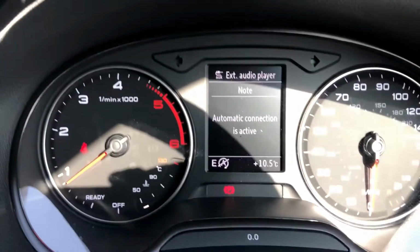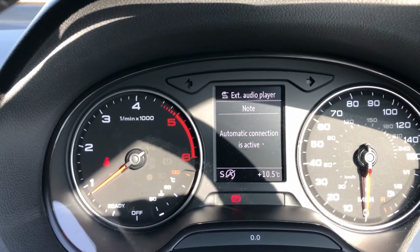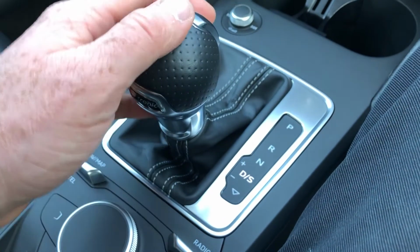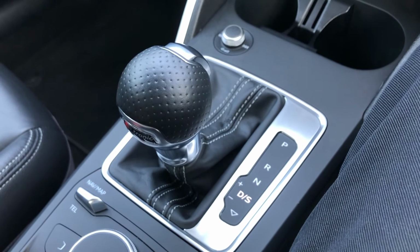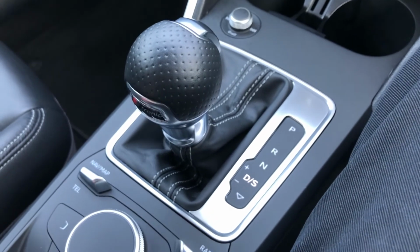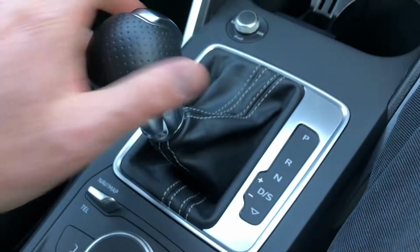Now you can see on there it's in E for efficiency and eco. If you press that down again, you can see that changes to S, which is sport. So to do that, you simply press it down, E and S. Now S means sport, so that means you get a better rev ratio again and a bit more of a better handling car. What many people don't know you can do with this gearbox is move it to the left,